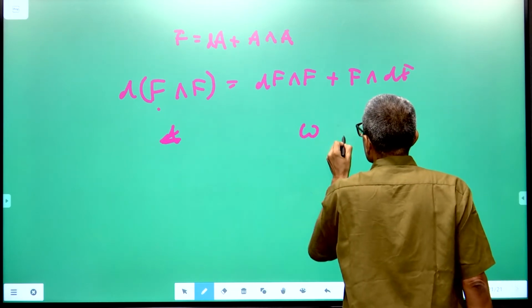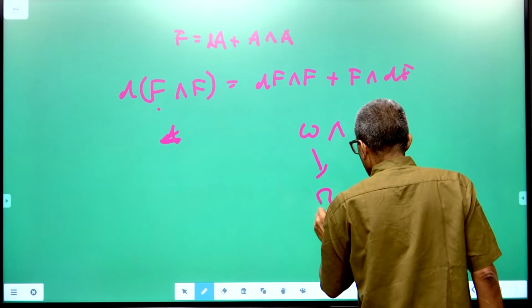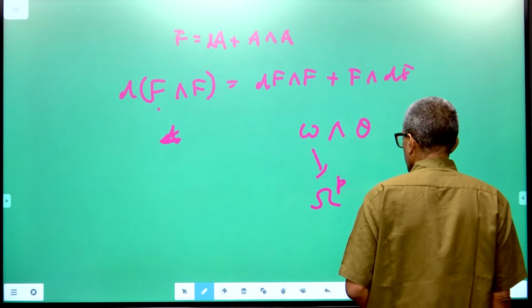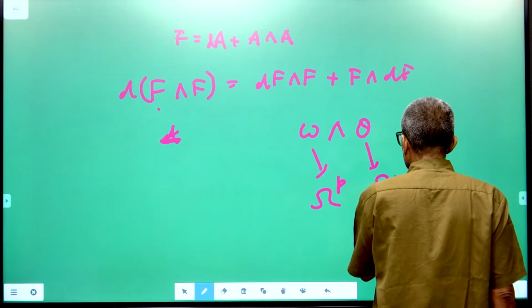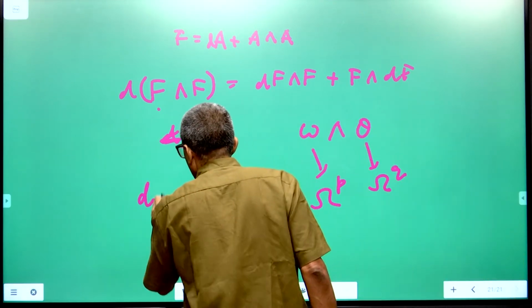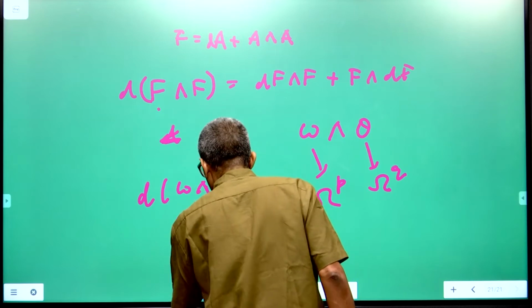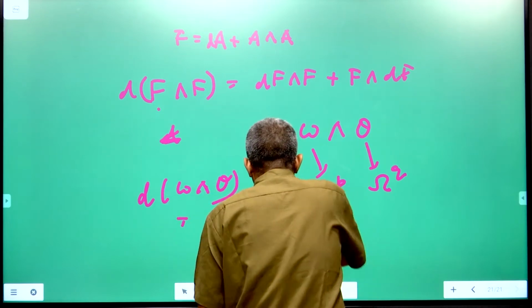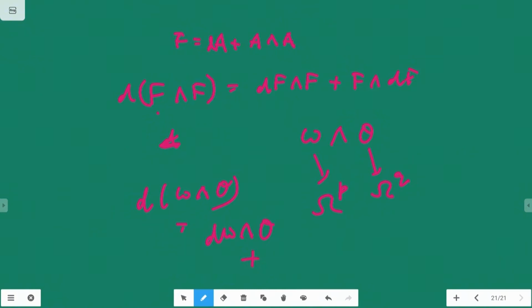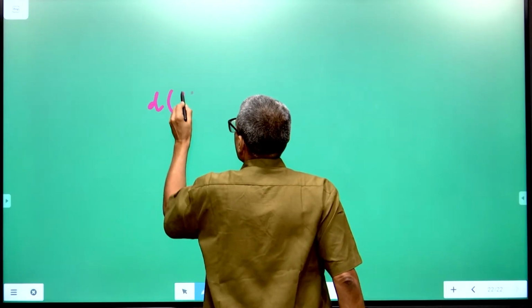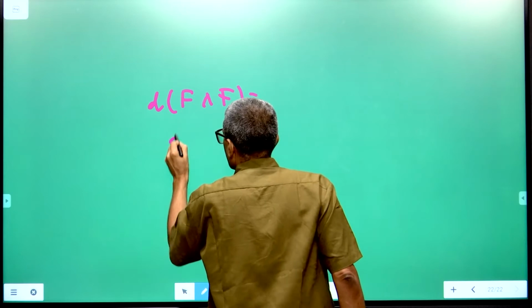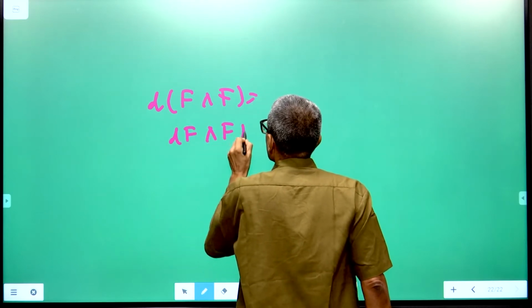You see, if you take two forms, let us say omega is of degree p and theta is a skew symmetric form of degree q, then you know that d of omega wedge theta is nothing but d omega wedge theta plus minus 1 power p omega wedge d theta. Here it is a 2 form, so this will slide here. So if you look at d of F wedge F, that is nothing but dF wedge F plus F wedge dF,